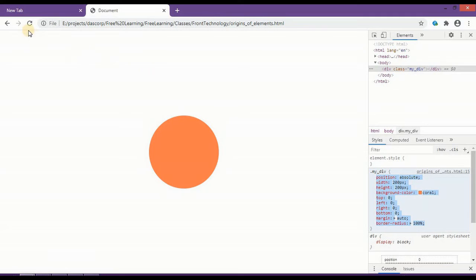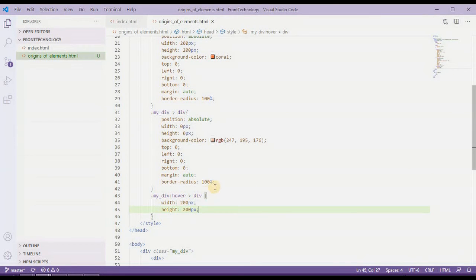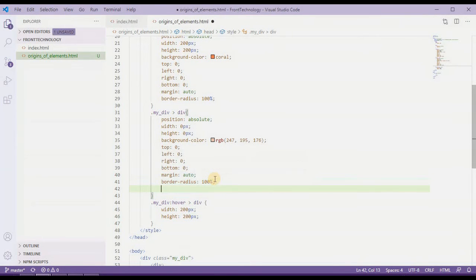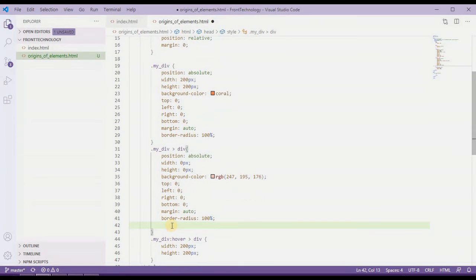Let me refresh, and if I hover my mouse, it is simply just changing the color, but there is no effect. So for effect, we will use the CSS3 transition property. We'll obviously discuss these transitions in a different class, but for now we are just gathering some ideas of what we can do with these centrally originated or center pivot point divs.